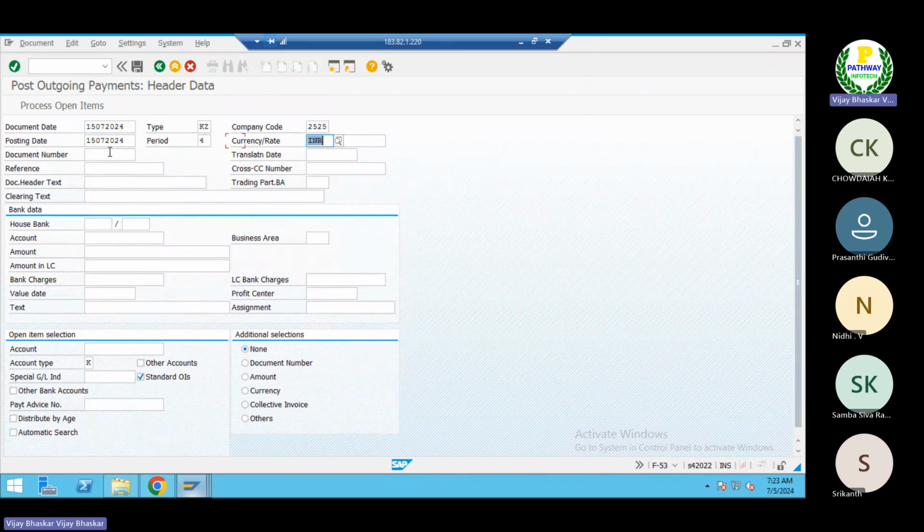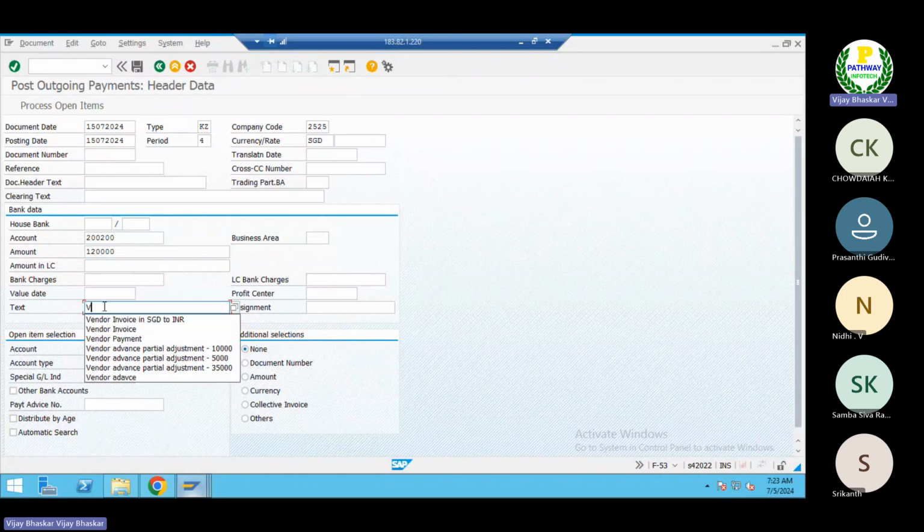Make sure that the currency is SGD. Now I'll not give the same, because it will again create complication, so I don't want to go with this option. Let me go to, okay, what is the vendor? The vendor is 1,20,000 rupees, right? 1,20,000 Singapore dollars, vendor invoice.